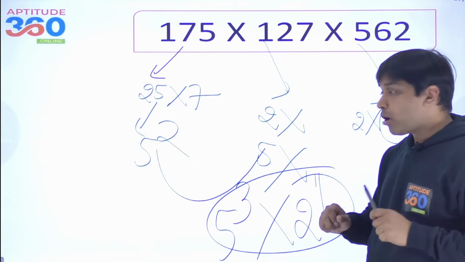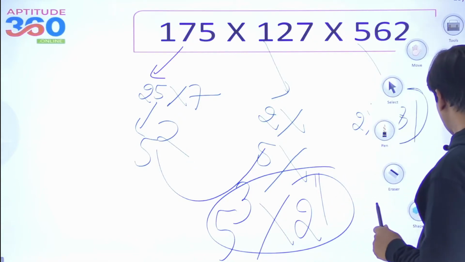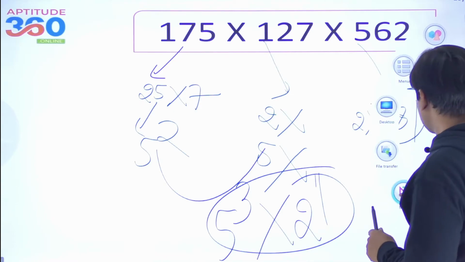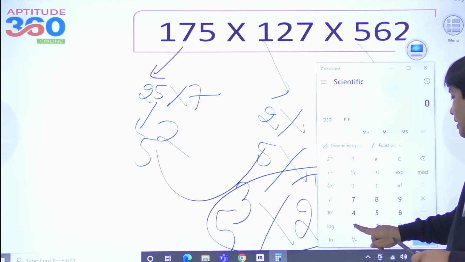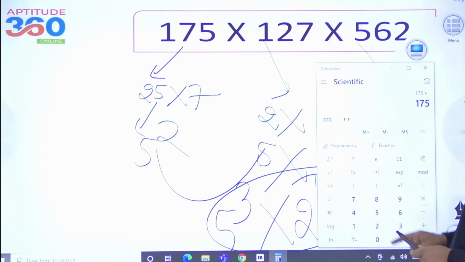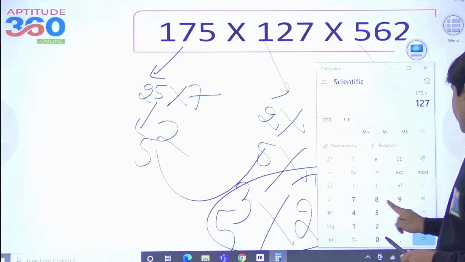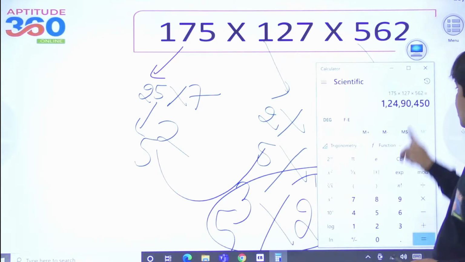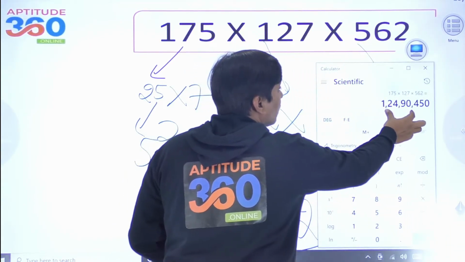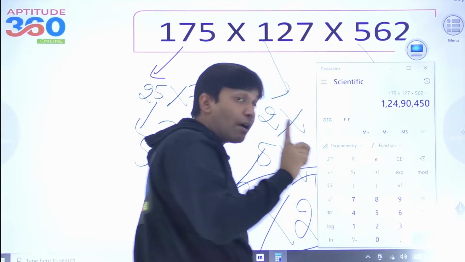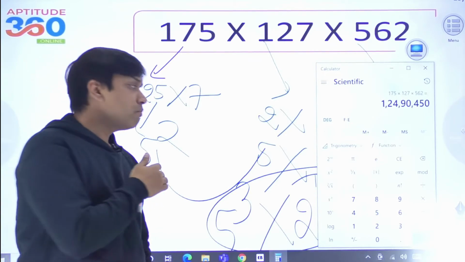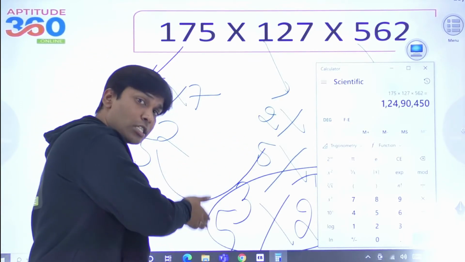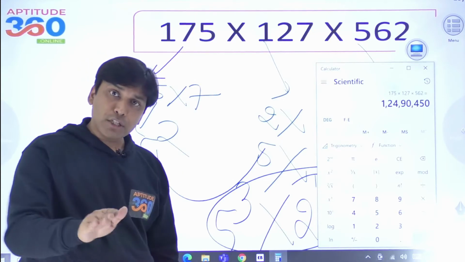इसको ना मैं क्या करता हूं, आपको मैं करके दिखाता हूं इस चीज को, so that you understand what is that I am trying to talk about. जैसे अगर मैंने कैलकुलेटर खोल दूं यहाँ पे, अब आप देखना यहाँ पे. So what I am doing is 175 into 127, then I have got 562. Now see this number. If you can see this number, how many zeros I am having at the end of it? We have got only 1 0, and that is what I am telling you. If the questions are going to ask you how many zeros, don't do this. Don't multiply. You just do the factorization, find out 2 and 5, and your job is done.